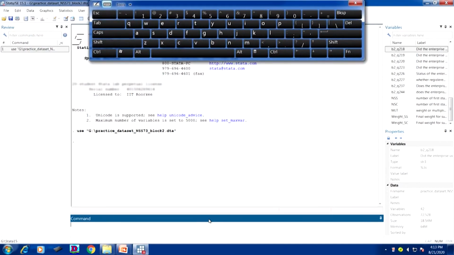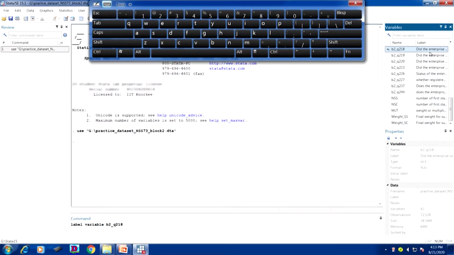Here is label variable. Then I will click on the variable, computer 365 days, whichever variable you go through. Now I will label it. The label is already there, under the label it is clearly written, and I just want to change this.